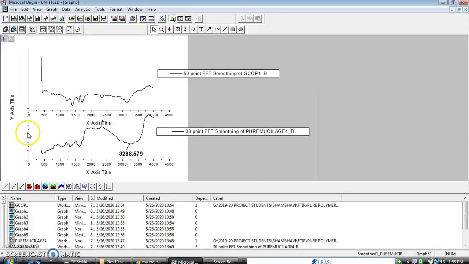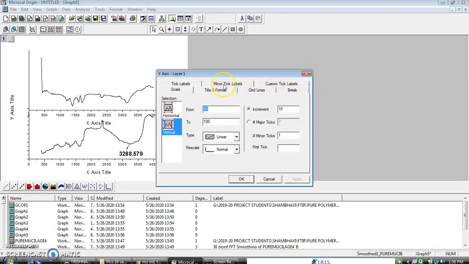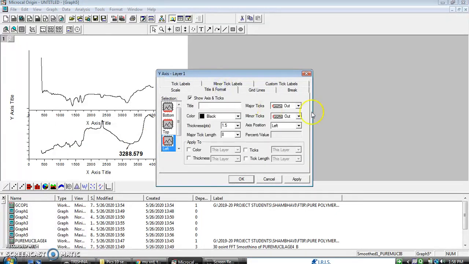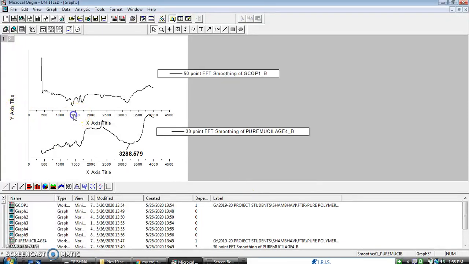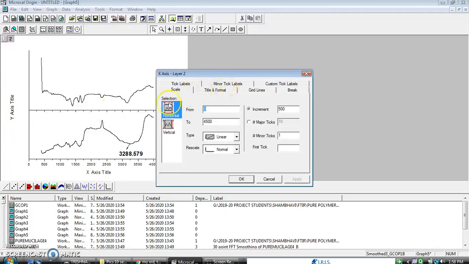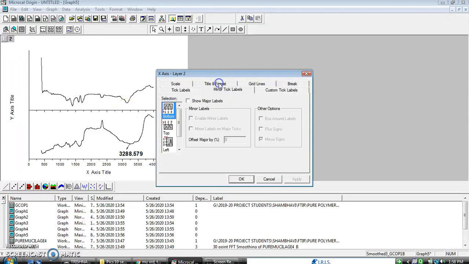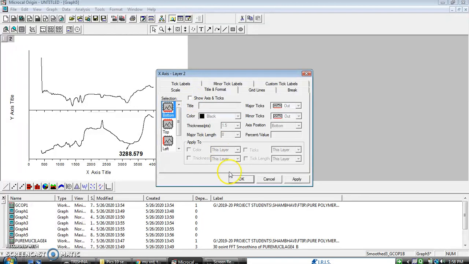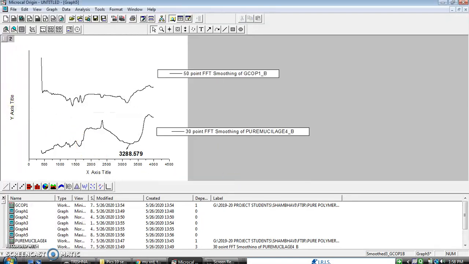I'll just repeat this once again. As you click onto this, you'll get this particular format, minor tick label, then tick title and format, here again none, and minor and major ticks none. Now the same thing here, you'll be removing this y-axis. Here in this case, this middle line we want to totally delete without any minor and major ticks. So you directly go here. Show ticks, everything will wipe off.